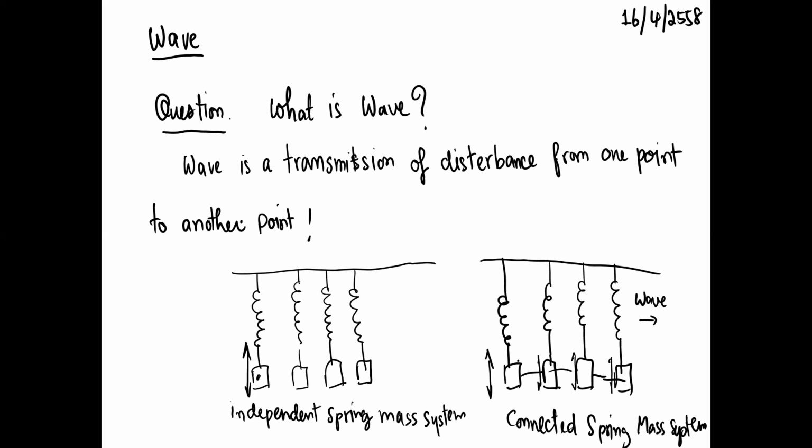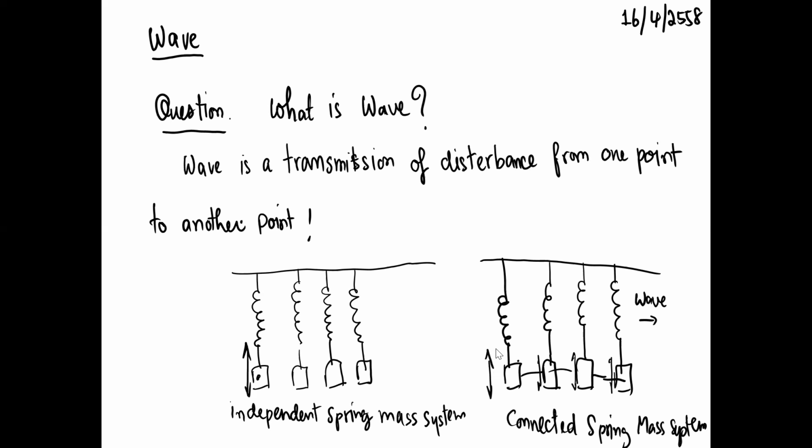So in order to get a sense of the wave, let me look at this thought experiment. If you have a set of spring and mass systems that are not connected in any way, and then you set one spring to oscillate, well, because they are not connected in any way, all the other springs will remain at rest. However, if you tie the springs together between the masses, and then you set one mass to oscillate again,